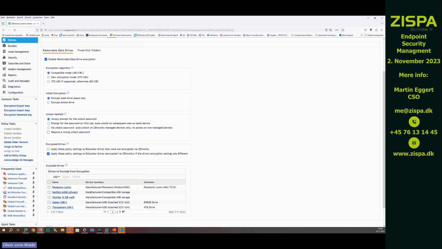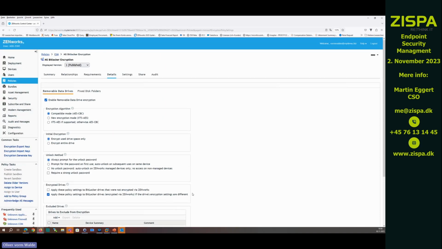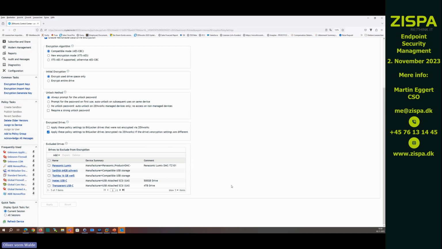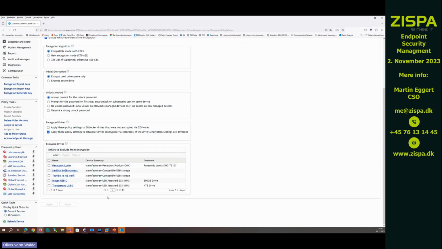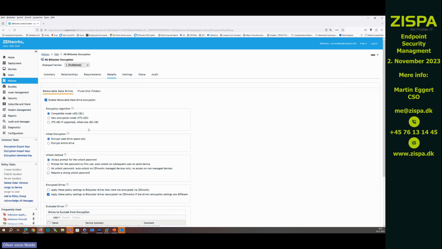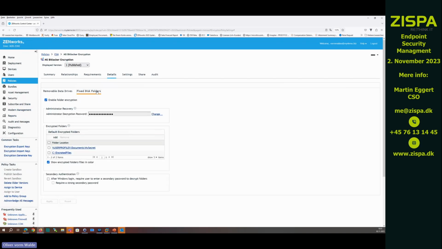It's not a breach, because iPhones are always encrypted, and therefore there is no data loss. The only thing you may think about, but that's another topic, is whether you want USB access to an iPhone. But in that case, you would add them and then they wouldn't be